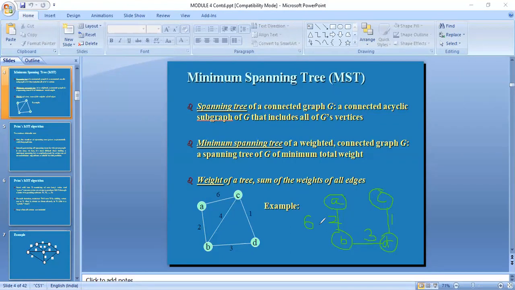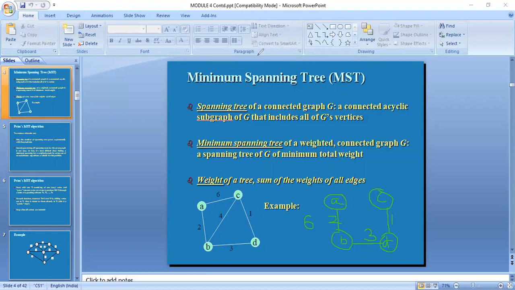What are the methods? One method we have seen is Prim's algorithm. Prim's algorithm says that if you go with A, as we have seen here, the adjacents are C and B, but what is the nearest adjacent? It is B. So we go from A to B. Now from B we move on to its nearest adjacent. B has C as well as D. So which one have we chosen? We have chosen D. From D again you have B, but B is already visited. So the unvisited vertex is only C. So we go to C and we got 6.